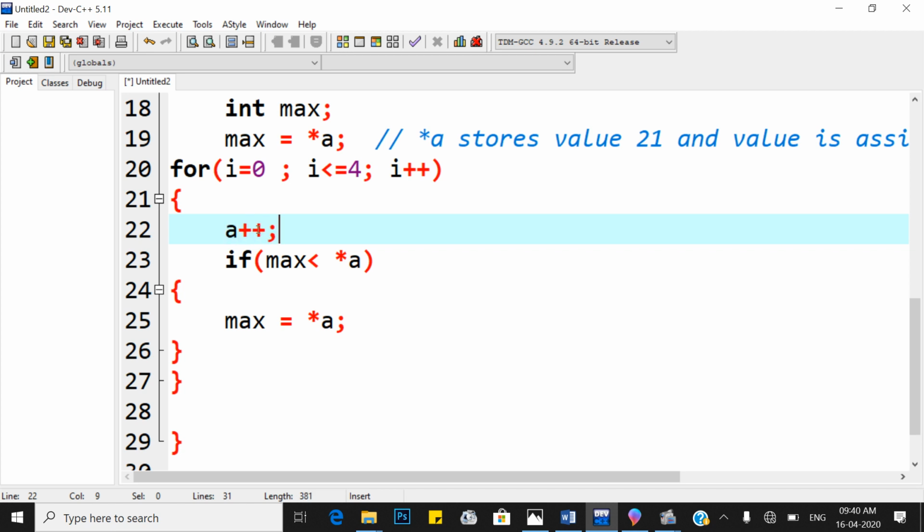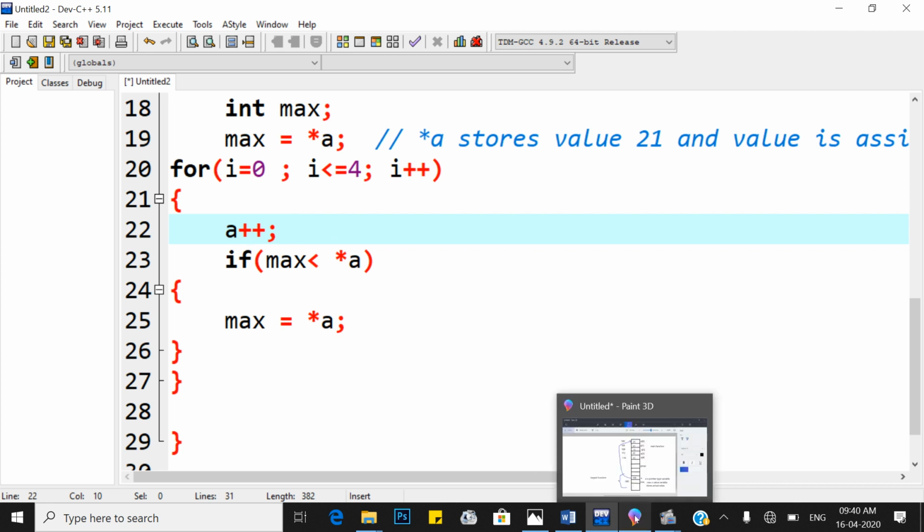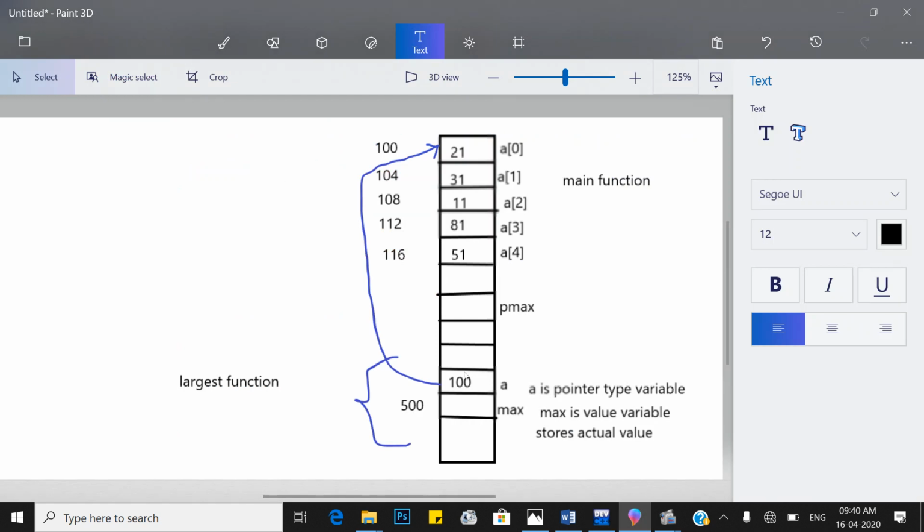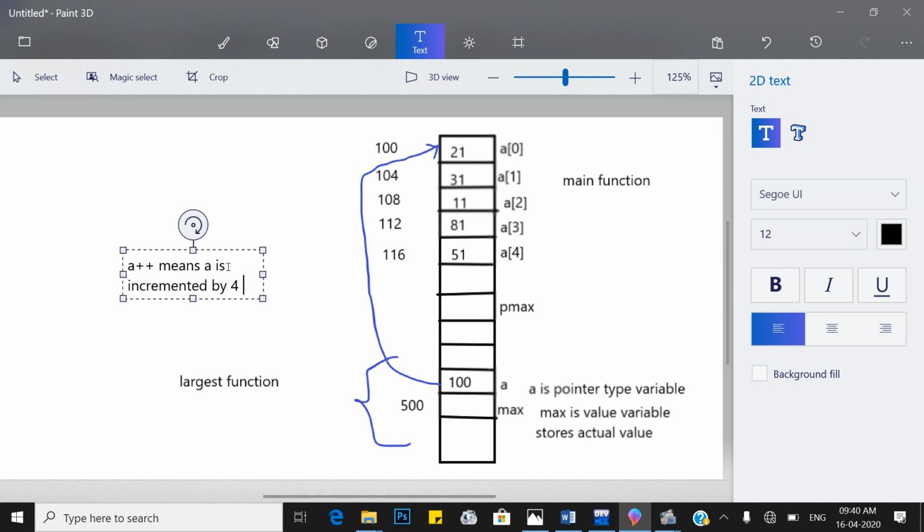What is the meaning of a plus plus? It increments the pointer by 4 bytes. Initially a stores the address 100. When we do a plus plus, a is incremented by 4 bytes, because an integer requires 4 bytes here in the ANSI GCC 64-bit compiler.